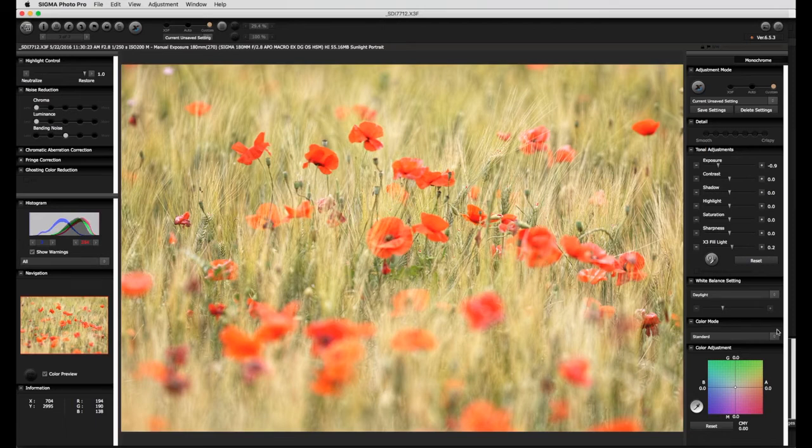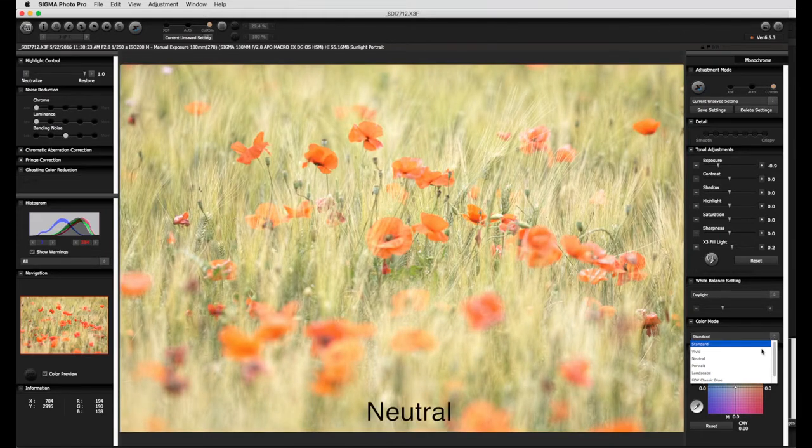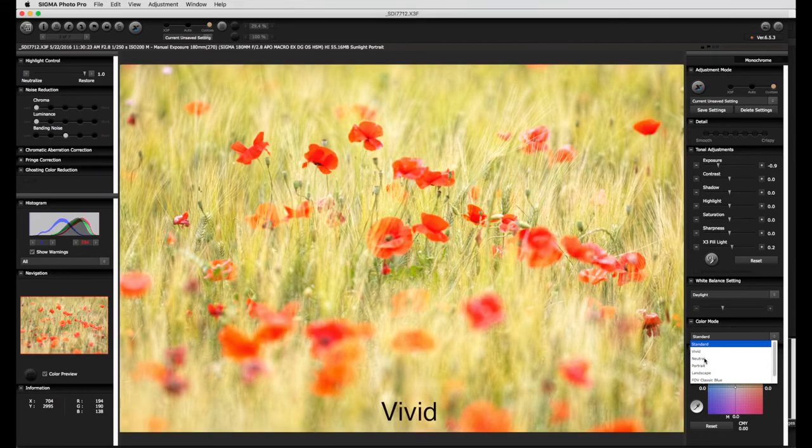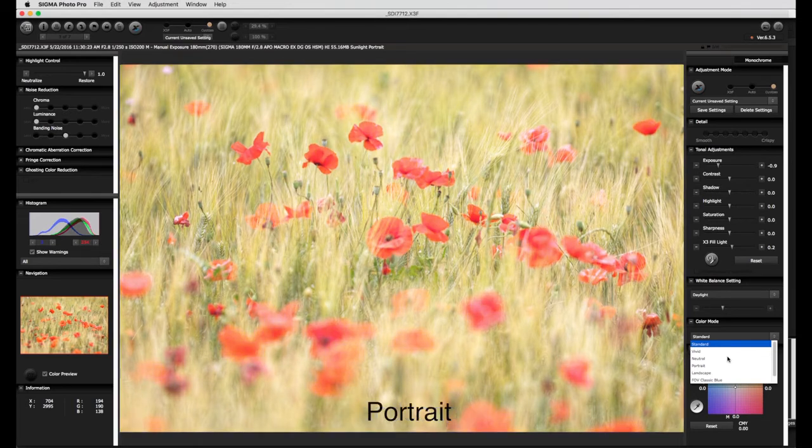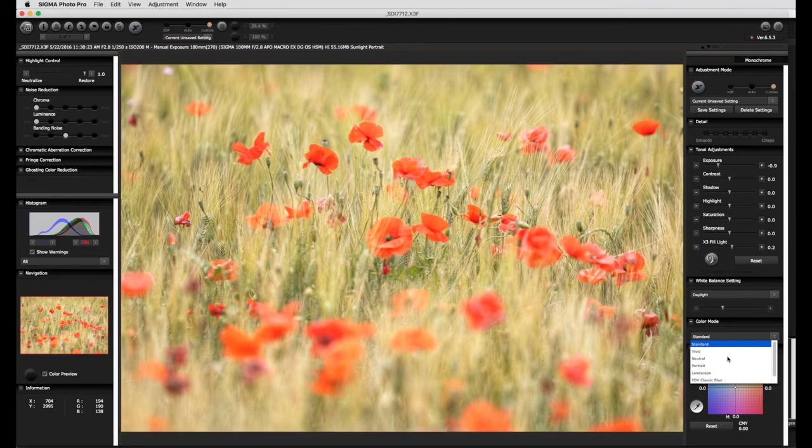The color mode can be set initially to standard. With the settings neutral or vivid, all three color channels are made more or less saturated to the same extent. Landscape and portrait are quite good settings for the appropriate motif. Here, however, particular colors are accentuated, green-yellow for landscape and red for portrait, more than others, which is not always